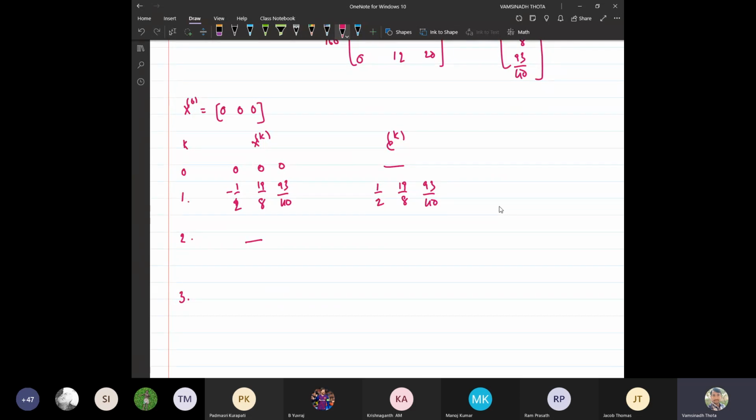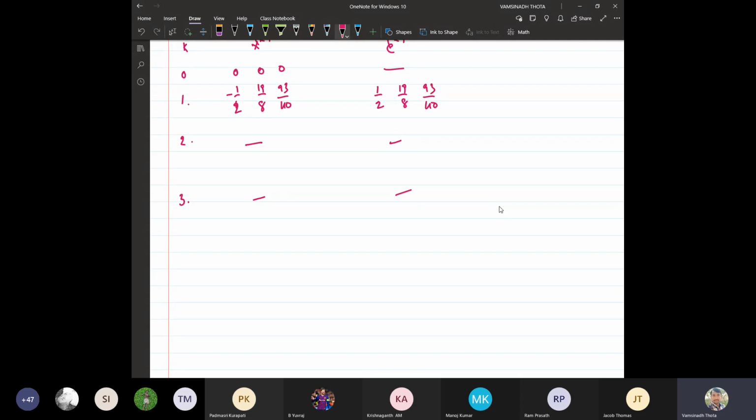Okay, you evaluate later. What's the second approximate solution and the corresponding error, and the third approximate solution and the corresponding error? Okay, so you have to continue the iteration depending on the problem. Suppose the error tolerance is given, some epsilon equal to 10 to the power minus 1. Then at every step, you need to find the error, and if the error in the approximate solution for all the coordinates, for all the variables, is less than epsilon, then you can stop the procedure.